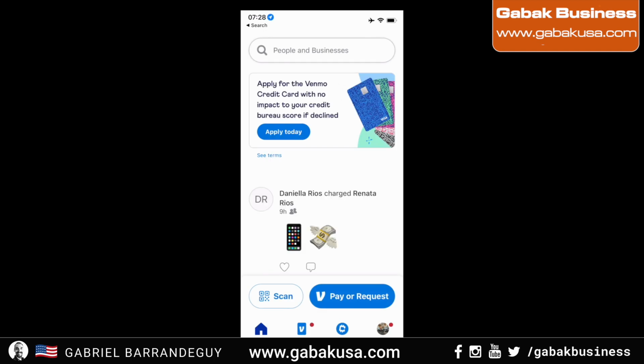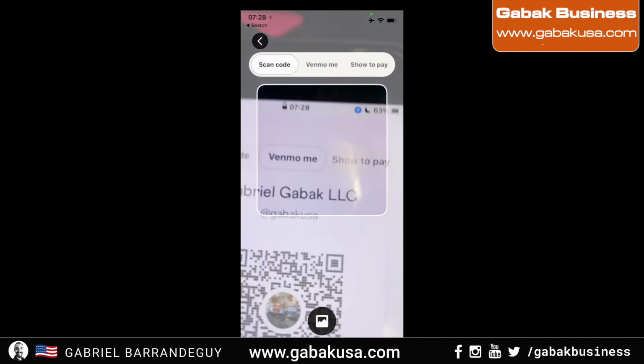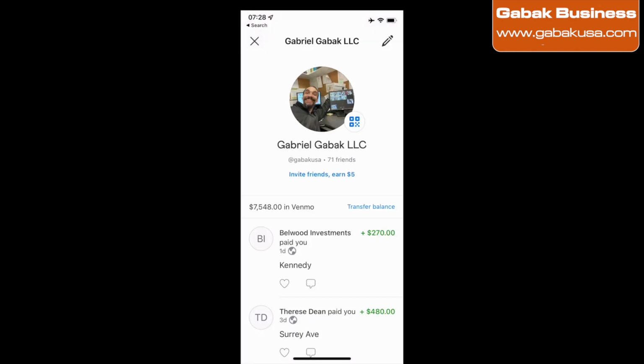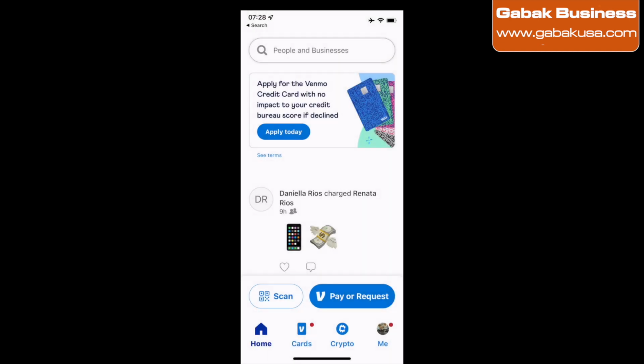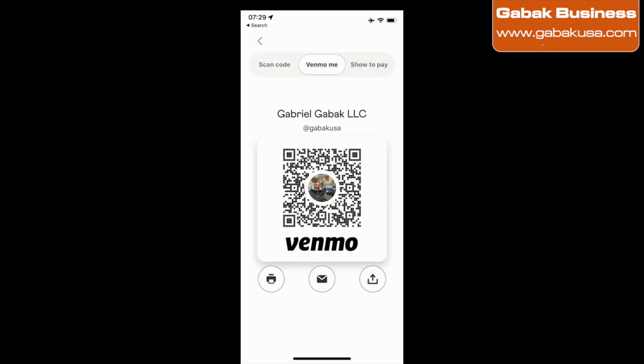Let's start the Venmo app, and here you're going to have, for instance, a scan option on the bottom. If you want to scan another Venmo, here I have it in my other phone, the same thing. You scan it and then it will show you, do you want to send, receive, or anything like that. In this case, because it's just myself, it will not show you what you have to see. Otherwise, if you're with a customer, all you have to show them is your Venmo account, or if you have a YouTube channel and you want to receive payment for anything, donations or anything like that, you can share that,